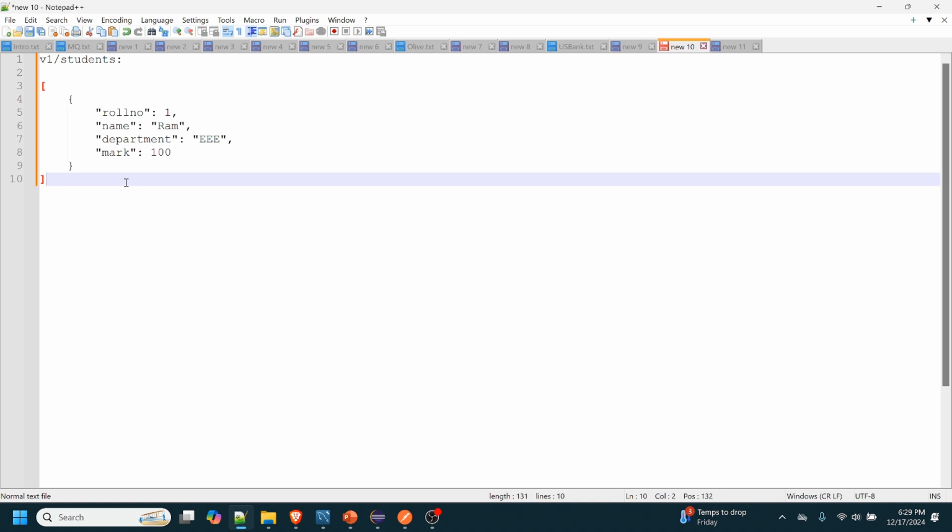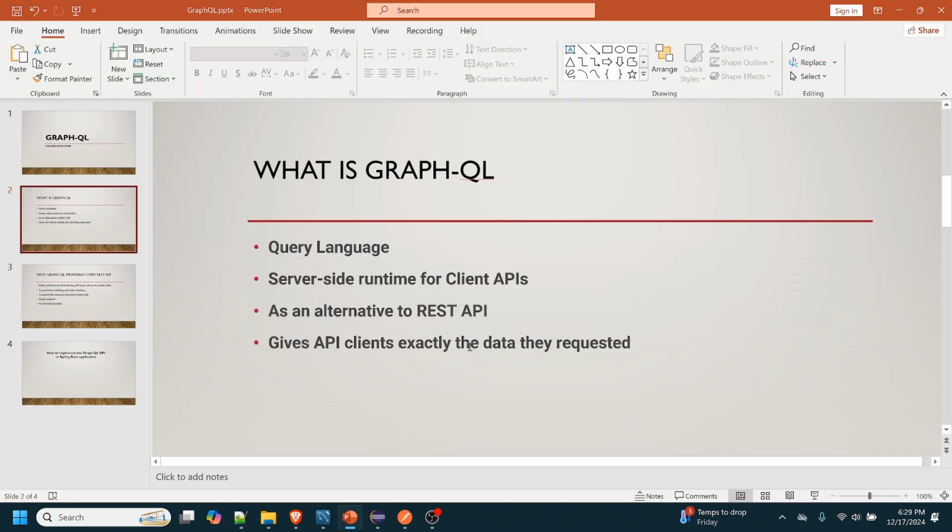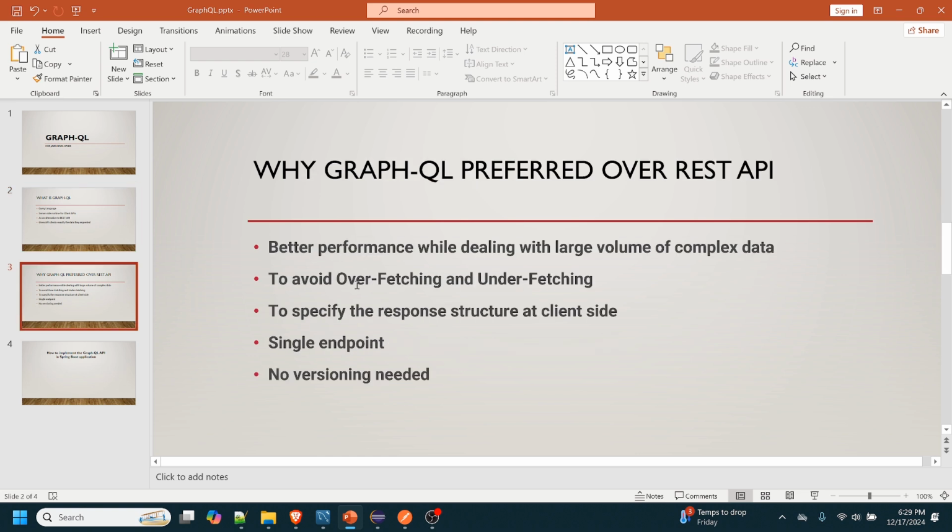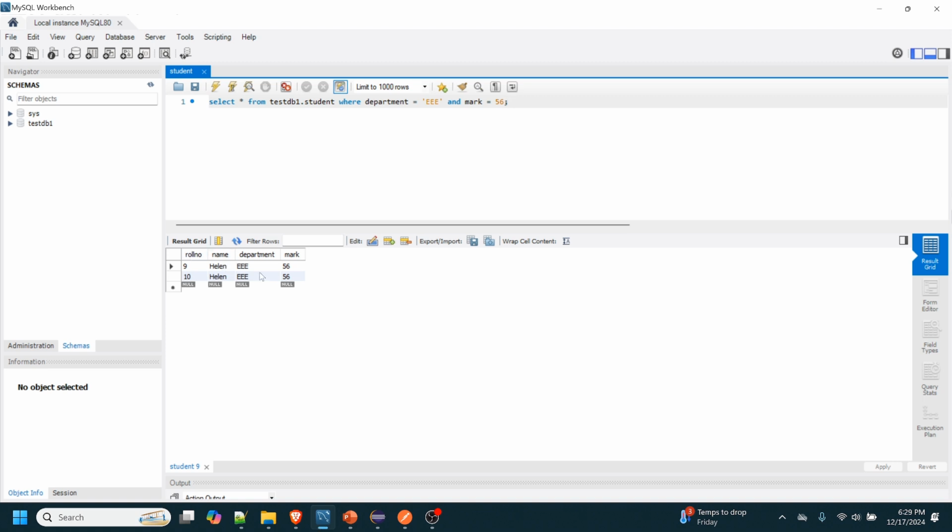If you use GraphQL. So why is GraphQL being used over the REST endpoint? The main advantage is the performance. The performance of GraphQL is far better than the REST endpoint when we are dealing with a large volume of complex data. For example, in this example, I have only five columns in the table,